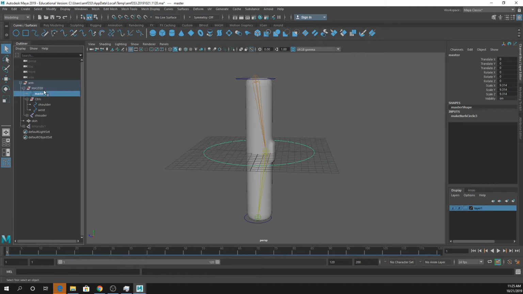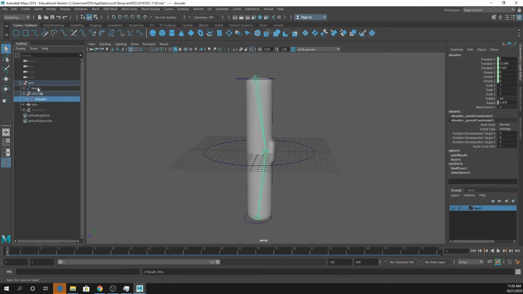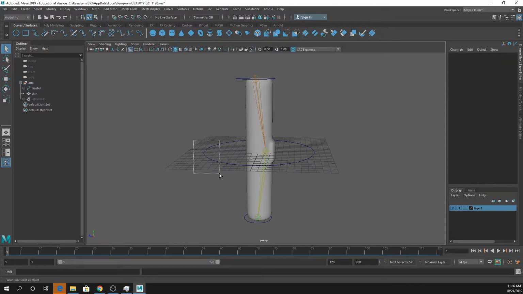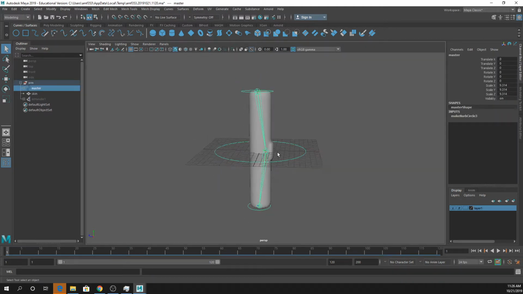So what I'm going to do is, if I want to use this controller to move, scale, rotate my object when it's first put in the scene, I'm just going to separate that out of my master group and then grab the controls, put them under the master controller, and grab the joints and also put them under the master controller. So basically this is just functioning as a physical clickable version of that null master group that I just made,